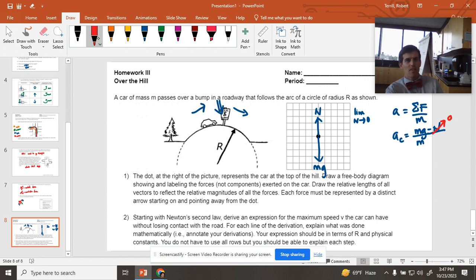And if we do that, then this turns into ac, which turns into v squared over r. And you can see that I have an m over an m, so this side just becomes g. And then I'm trying to get v by itself. So it just looks something like,